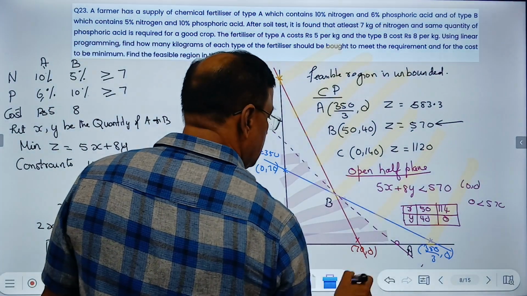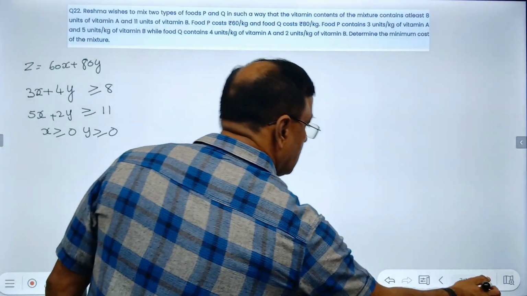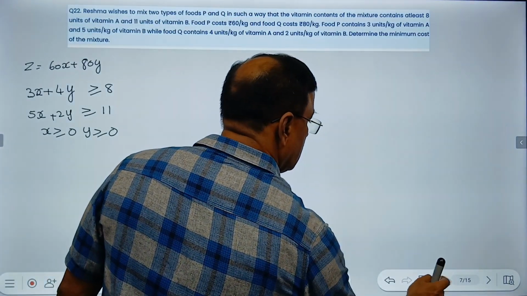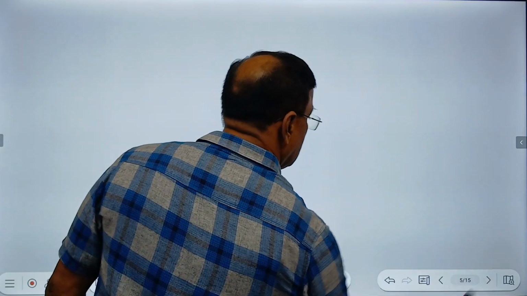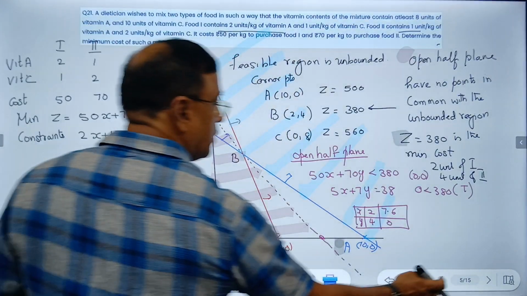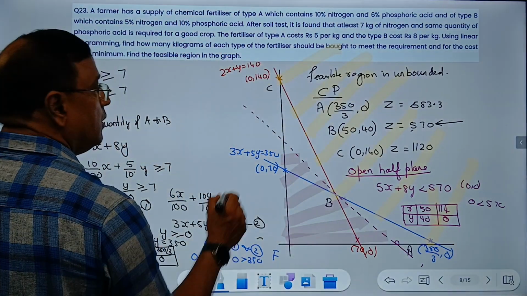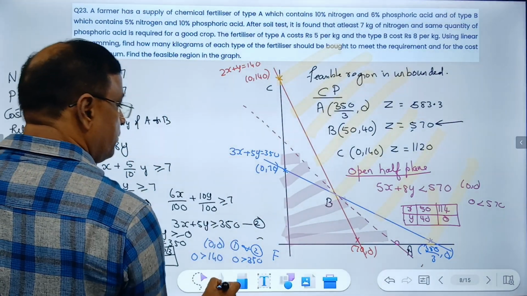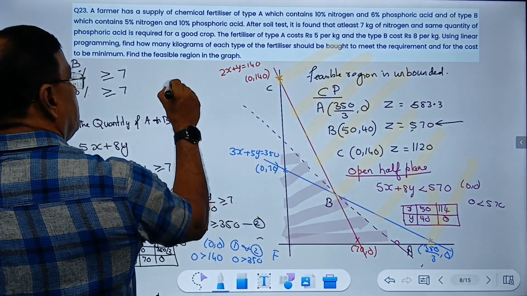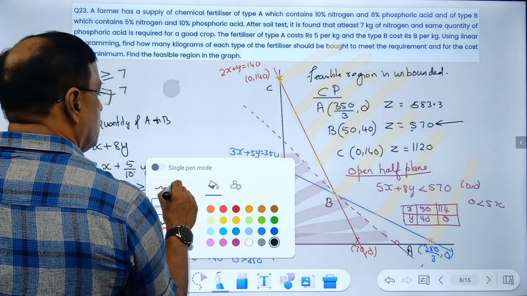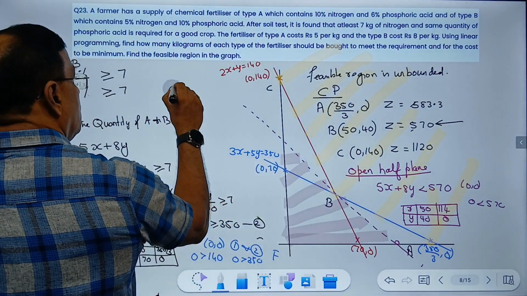Now what do you know here? One second, something wrong. Okay. Clearly, your open half plane